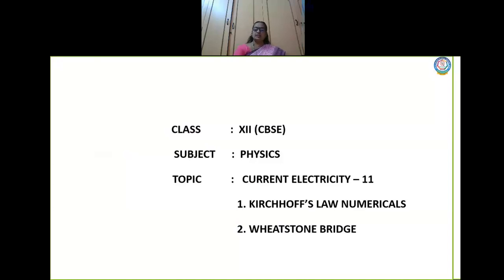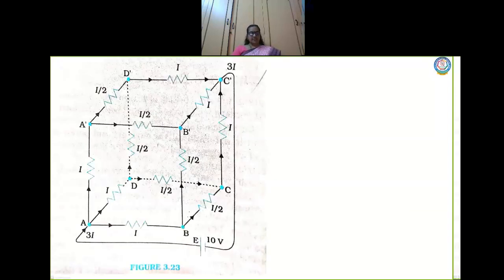Okay, so based on that, we are going to solve the worked out examples which are there in your book on page number 116 and 117. So I want you to have your textbook with you so that you understand when I solve, because it involves complex circuits. So I wanted to work out the problem, so please follow. Okay, right. So this is the first example problem, example 3.6.